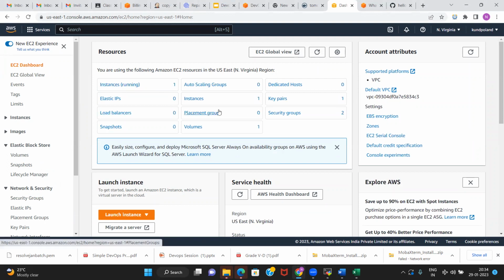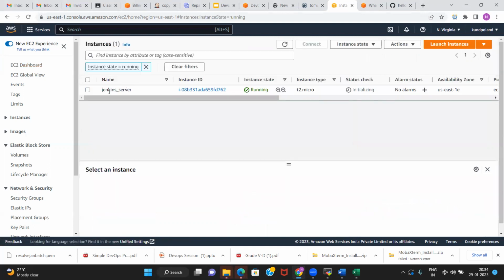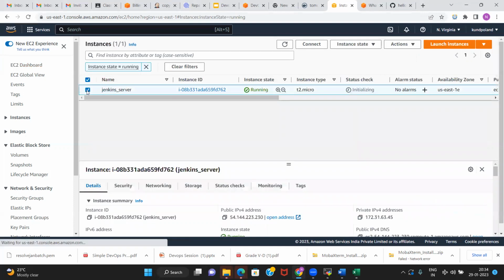This is giving a kind of dashboard showing how many instances are running, how many total instances, the number of key pairs, number of security groups, and all that. So let us go back, and your Jenkins server is up and running. Our virtual machine is created.